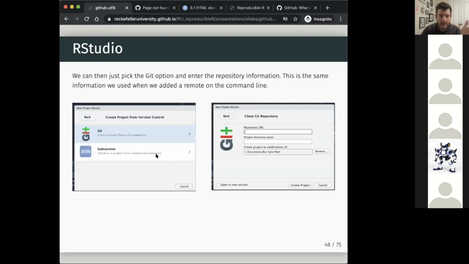And so they have an SVN option, which is one of the main other version control systems that people use. But we can click Git. And so then it wants you to clone a Git repository at this point. So what we mean by clone is it's expecting you to have an address of somewhere, like from GitHub. So if we saw earlier,